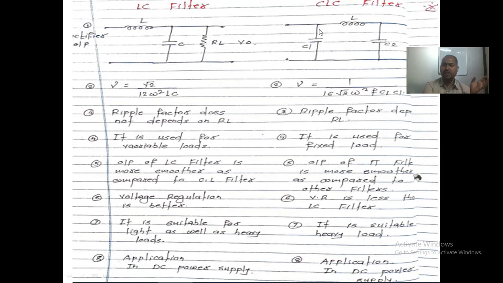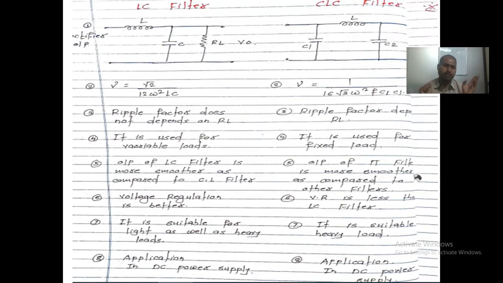As the output comes across and passes over here, the LC section does another filtration. So with two-way filtration, the ripple coming out is less in the case of the CLC type of filter. Why is it less? When we use the LC, filtration is done only one time. In the case of CLC, filtration is done two times, and that's why the ripple is less.